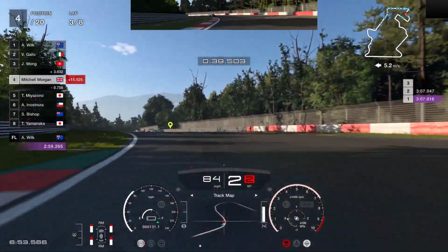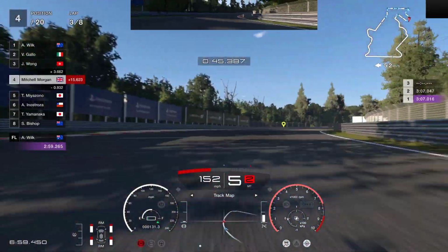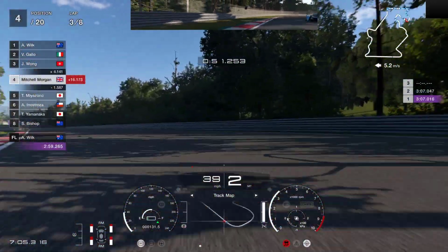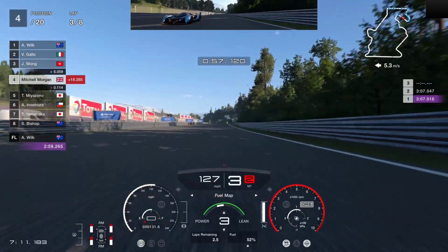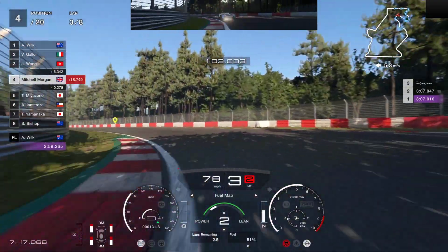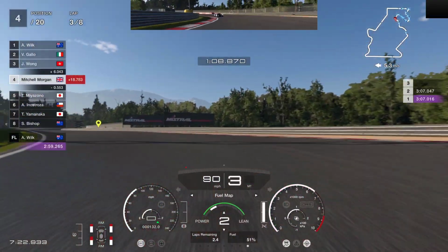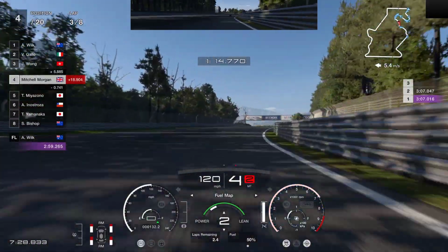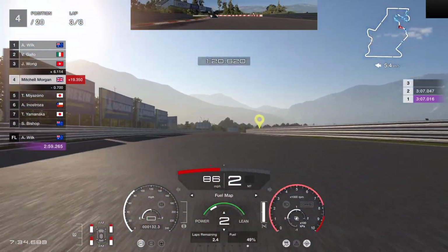But up into 4th with the 3rd and the 2nd place cars right in front of us, although that 1st place car is running away, and we put it off the grass onto the grass and into the barrier again. It almost looks as if I was looking to see where the leader was at that point, but you'll notice now that I've come off of the track map. We've taken the fuel map down to power level 2 just to try and conserve a little bit of that fuel, although even at that level I don't think that we're going to be anywhere near running to the end of the race,